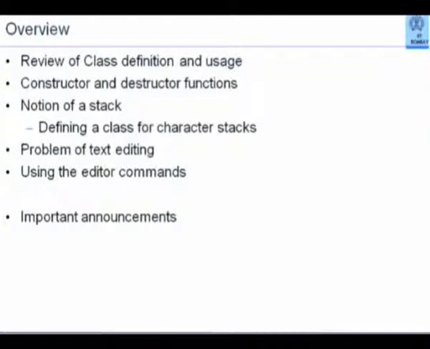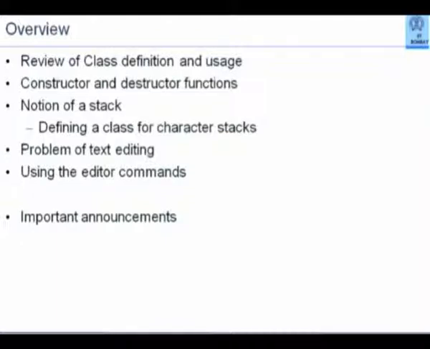We will then look at the notion of a stack as a data structure. You are all familiar with arrays, but there are very many important abstract data structures such as stacks, queues, decks, linked lists, etc., which make eminent sense for simplification of several algorithms that you write vis-a-vis the applications that you have in mind. So, using a conventional array directly in the solutions of such problems could cause a little bit of conceptual trouble.